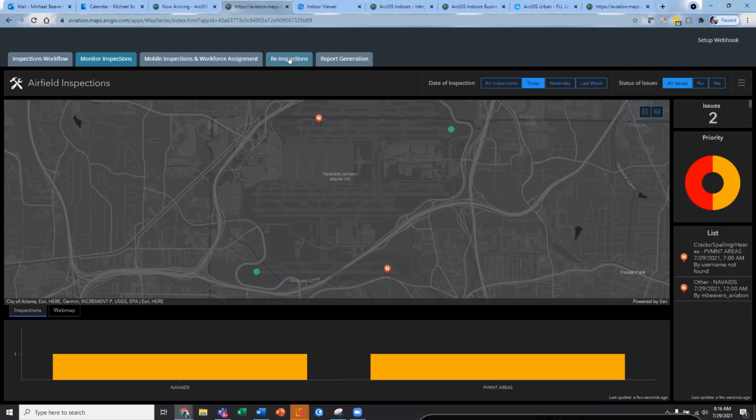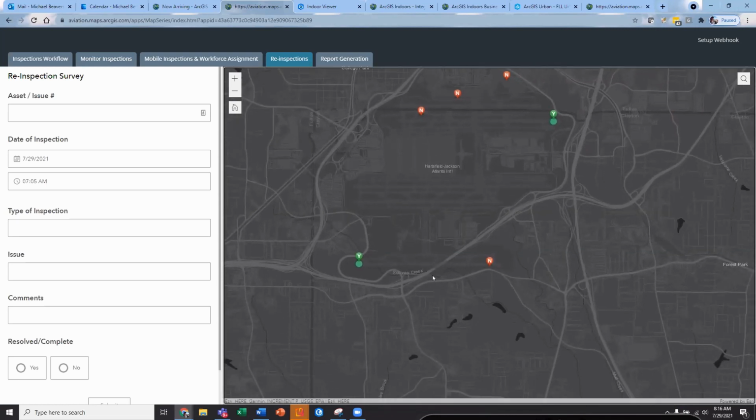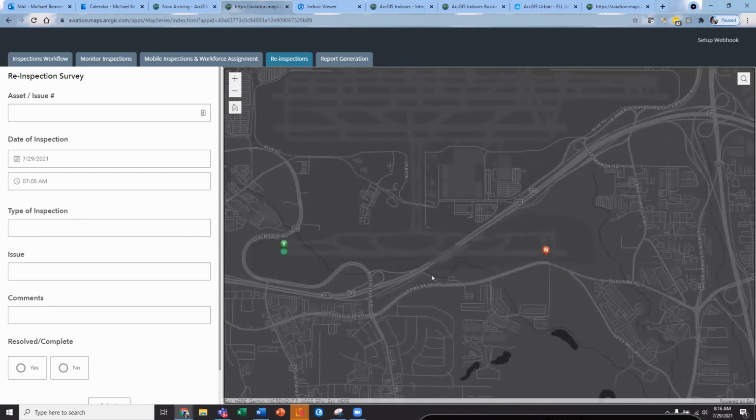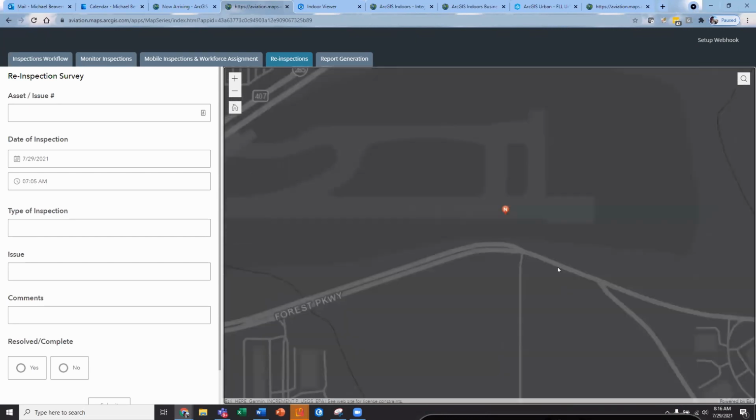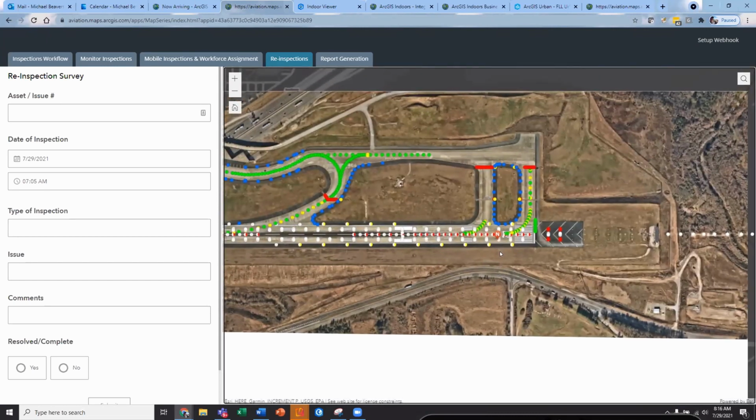So after the work has been done and the issue's been resolved, before that airport returns that runway to service, we need to send an inspector out to verify that the issue's actually been resolved and that the cracks are repaired and the runway's ready to be reactivated. And this is that issue. So I'm an inspector going out onto that runway now, and I verify that those repairs have been done